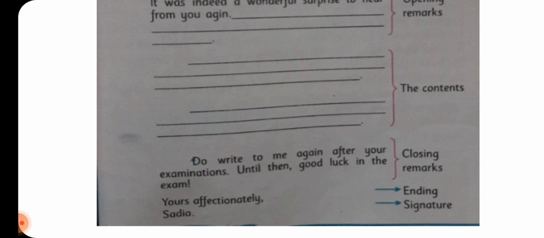Okay, and again, when you are using the word yours, you don't have to use it with an apostrophe. The S of yours goes without an apostrophe, and after yours affectionately you put a comma, and then moving to the next line you put your name over there. So this was simply the format of an informal letter, which is quite easy.